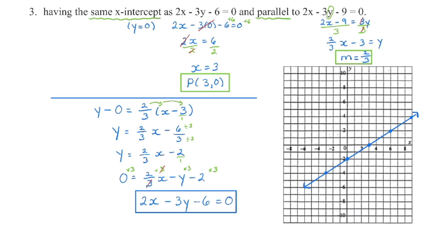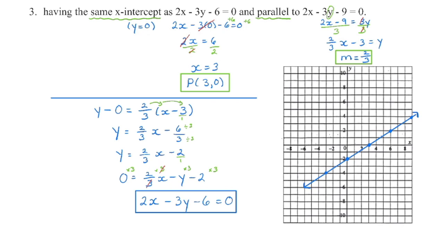We're going to rearrange this to get rid of the brackets. My x is positive, so everything comes over here. So I'm going to move the y over, making that y negative. This is not moving. The sign doesn't change on the constant term. To eliminate this 3, multiply every term by 3, and we're going to get the general form. And then you're going to check a couple things. So I would go with the information originally given to us. We know that our line has an x-intercept of 3. So I'm going to plot that point, and I'm going to use this slope. Up 2 over 3, up 2 over 3, etc.